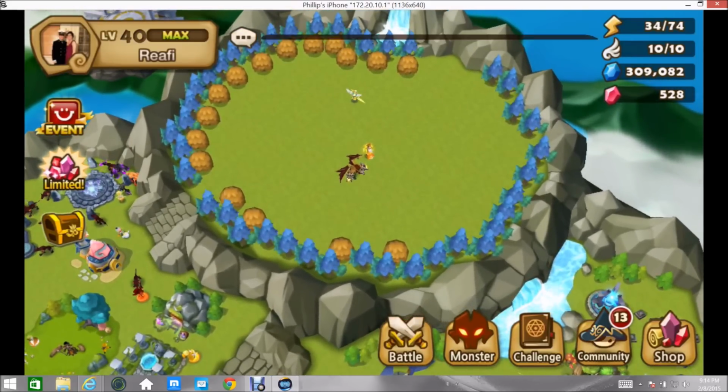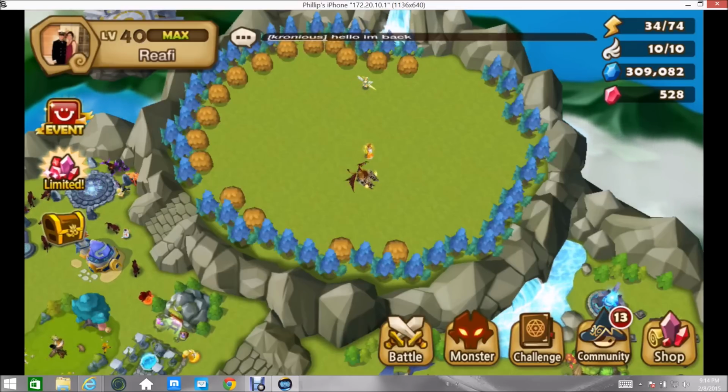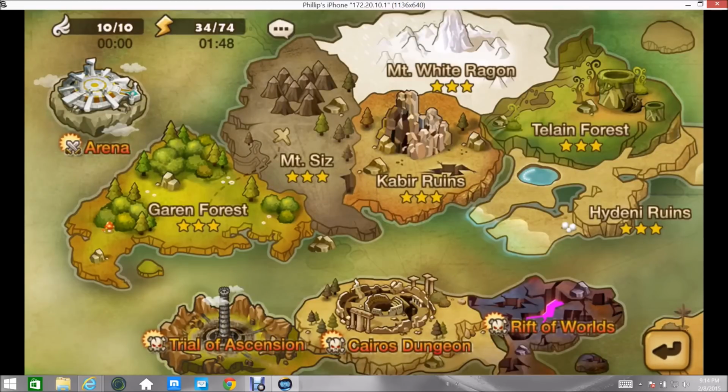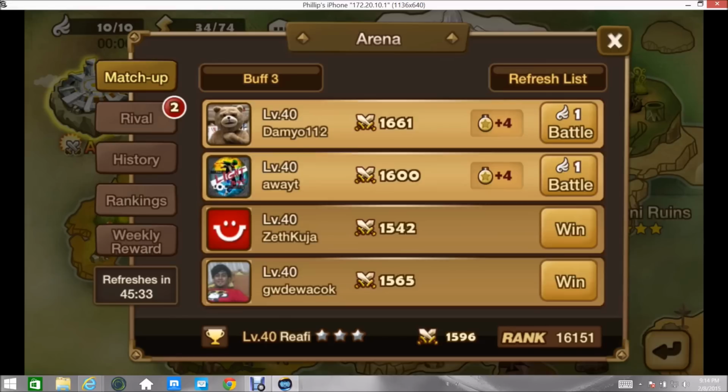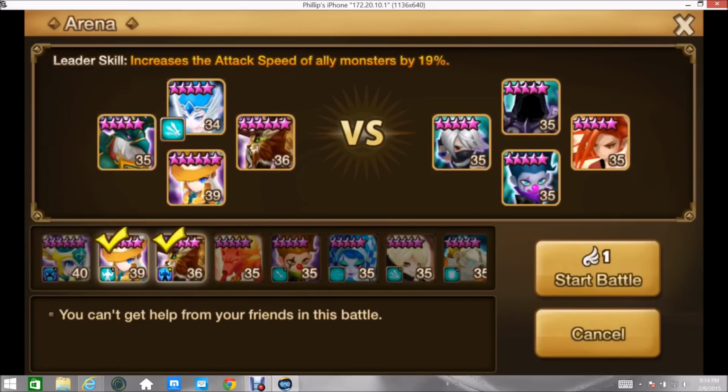So I was actually hoping to show you guys something I've been asked about quite often, which was how do you beat the last two rivals, Kellan and Kiyan, or however you say his name. I was just going to show you guys, so that it gives you an idea of how I beat them, because I can actually auto the fights. They're not that bad. A lot of people say they're impossible to beat, but get the proper monsters, and